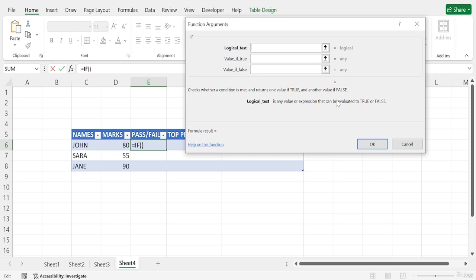So our condition is that the mark is greater than or equal to, let's say, 60, and if this condition is true then show me that he or she has passed, and if the condition is false then show me that he or she has failed in the examination.